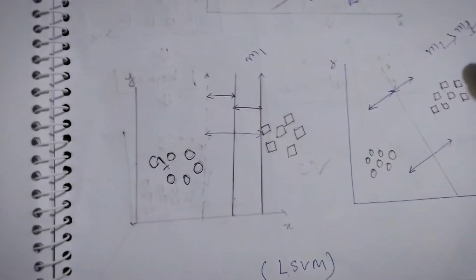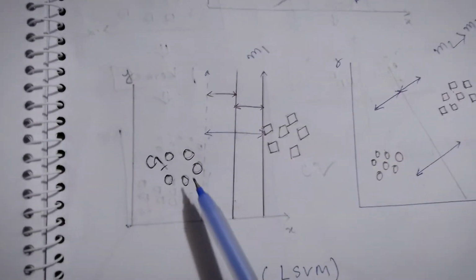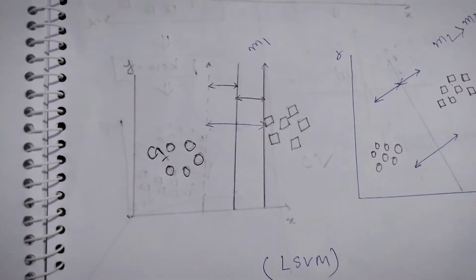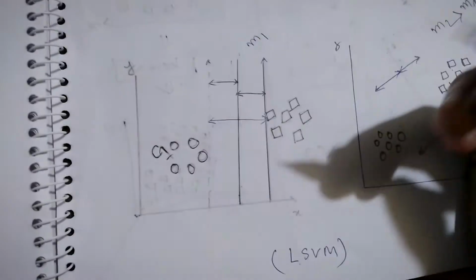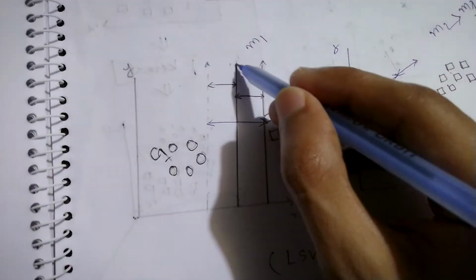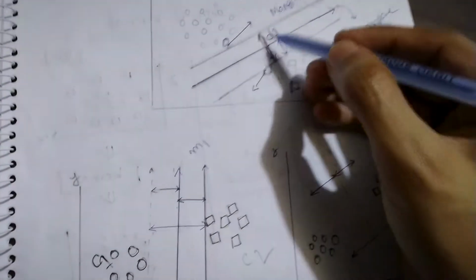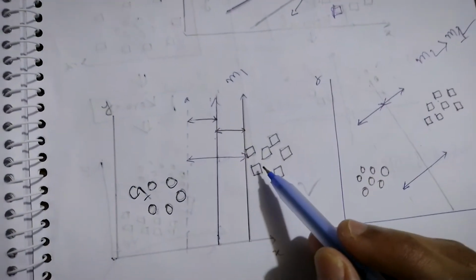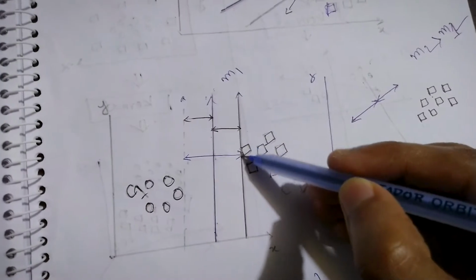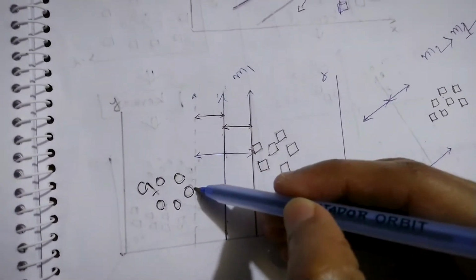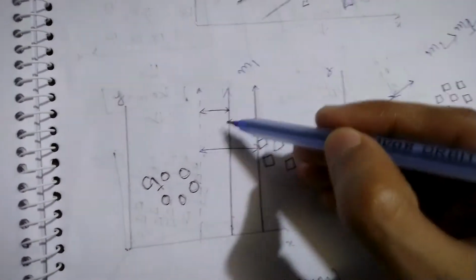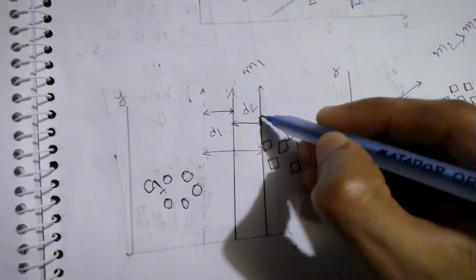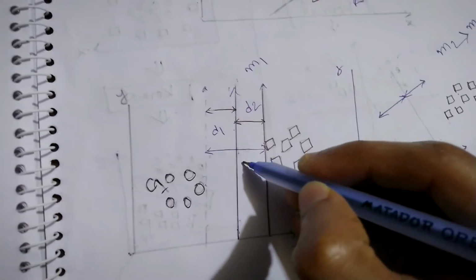Let's see two other diagrams. Here, this is your circle class and this is a rectangle class. Suppose this is class 1 and this is class 2. Suppose this is a linear straight line. This straight line is called the hyperplane. It is the same as the line that separates two different classes. The margin is defined by the closest point, so draw a line here, and this is the closest point on the other side, so draw a line here. This is distance 1, and this is distance 2. If you add those two, you get a margin.